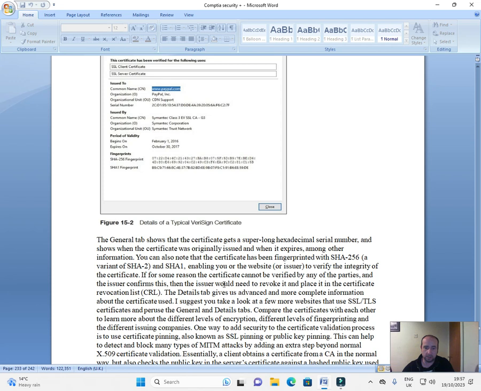If for some reason the certificate cannot be verified by any of the parties and the issuer confirms this, then the issuer would need to revoke it and place it in the certificate revocation list, CRL. The Details tab gives us advanced and more complete information about the certificate used. I suggest you take a look at a few more websites that use SSL/TLS certificates and peruse the General and Details tabs. Compare the certificates with each other to learn more about the different levels of encryption, different levels of fingerprinting, and